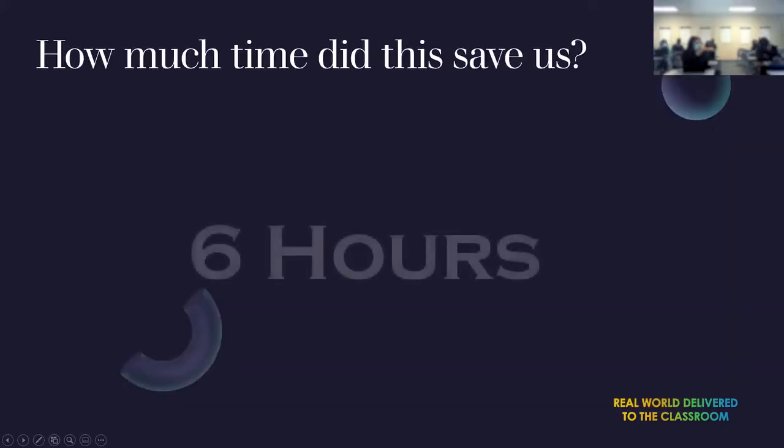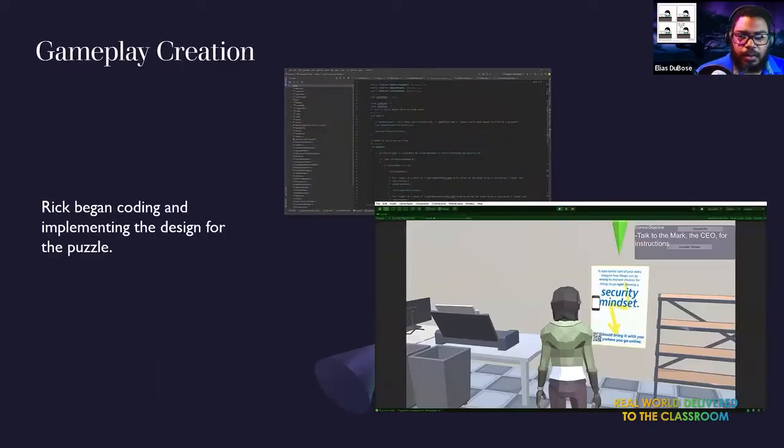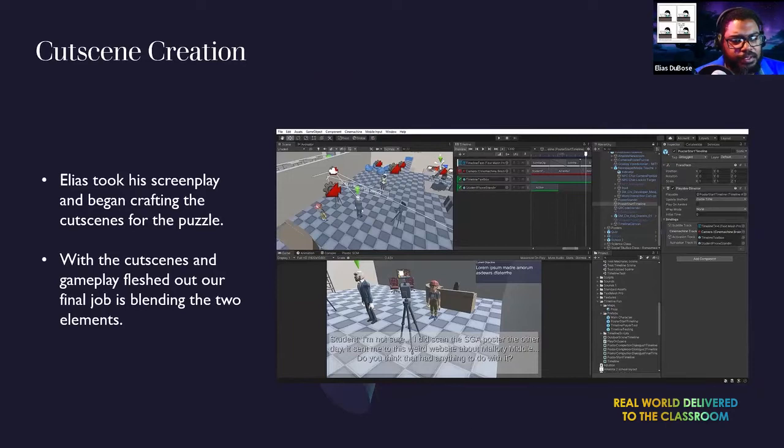In doing that, it saved us 6 hours of work that we didn't have to waste. So that was really wonderful for Rob to make sure that we're on point, that we're making sense, so that anybody that comes behind us doesn't turn their heads and wonder, okay, these guys don't know what they're doing. From there, Rick continued to code, create the poster puzzle, and create the different assets that we needed within here. And like I said, I continued on with the cutscenes and whatever scripting needed to be done from there.